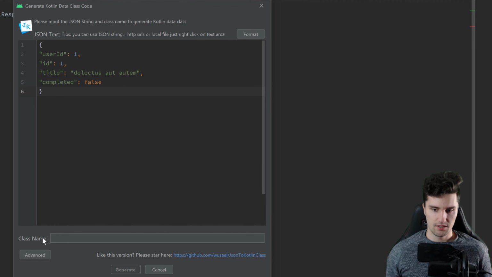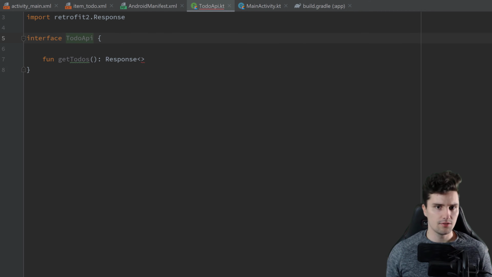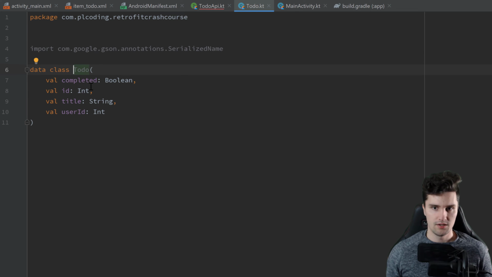So you can see down here, we need to give this data class that will be generated a name, which I will just give ToDo, because that is a to-do item. Then we click on generate, and you can see here a new class popped up. If we open that, here's our data class ToDo: completed Boolean, ID, title, and user ID, and also the types are correct. So now we have a Kotlin class in which we can parse the JSON response we get